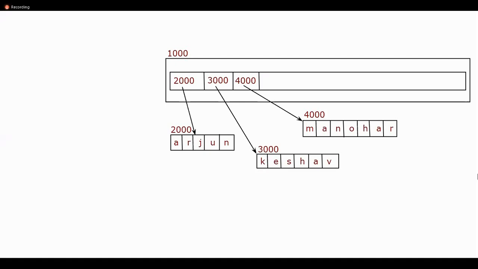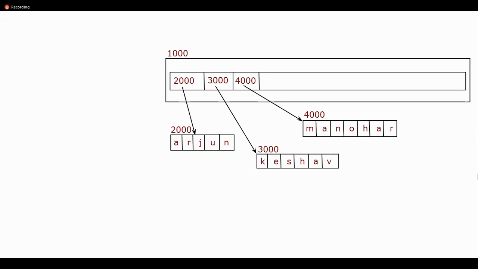Please understand, your PVM happens to be one of the smartest software in your Python programming language. Every time, it would not just blindly go to your RAM on the heap segment. It would not blindly try to create new objects in the heap segment. In fact, before it creates another string object called Arjun, the first thing it is going to do is scan your heap segment and verify if a string called Arjun already exists on your heap.